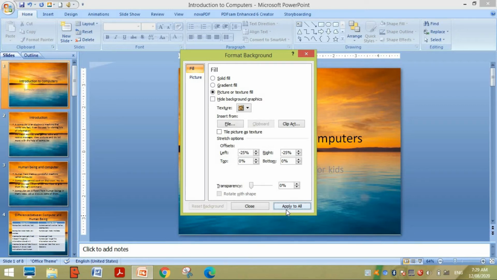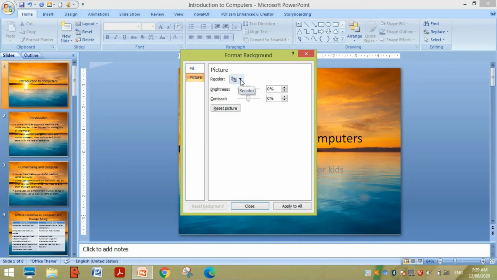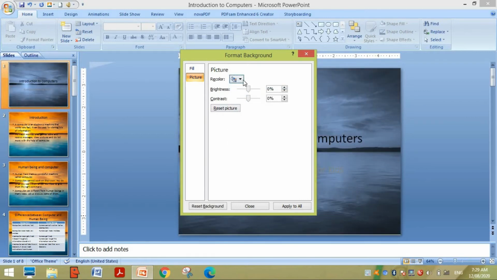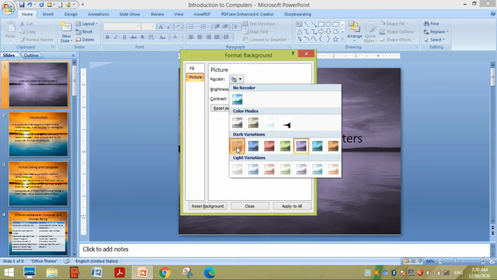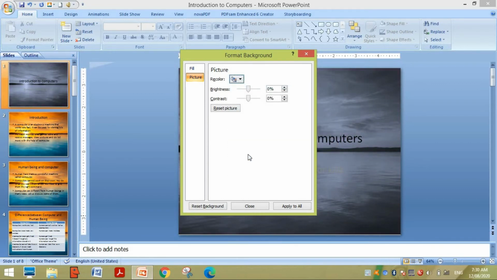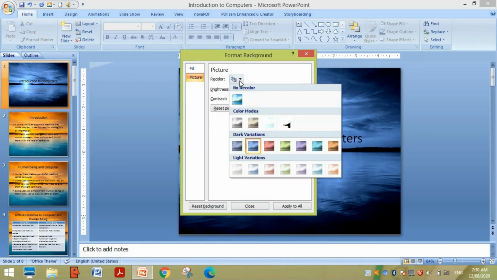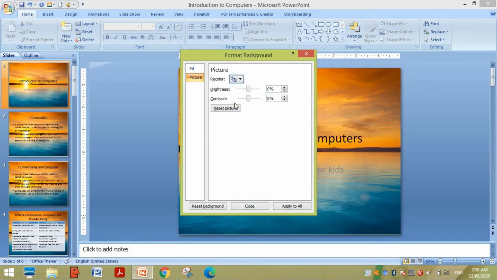At the same time, if you want, you can change the color of the picture by selecting any of the color effects for that picture. So this way you can change it, but right now we don't want to do any changes, so I will go for the first one. I will go to the next field.